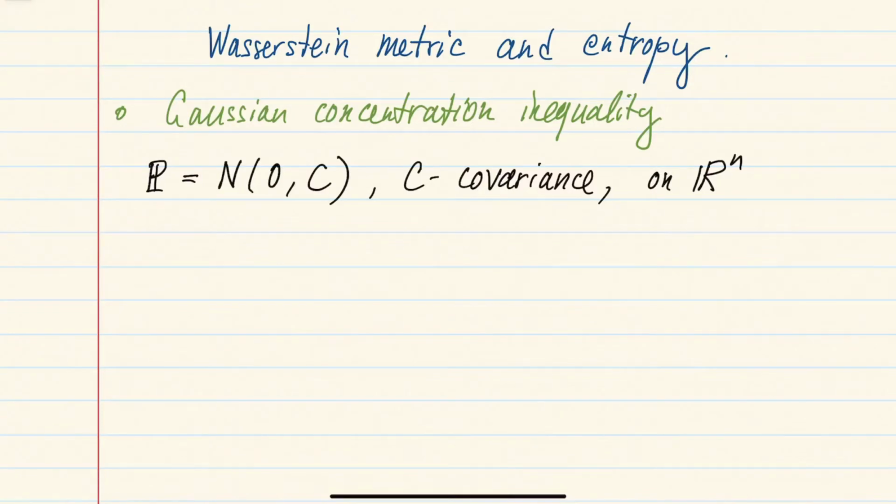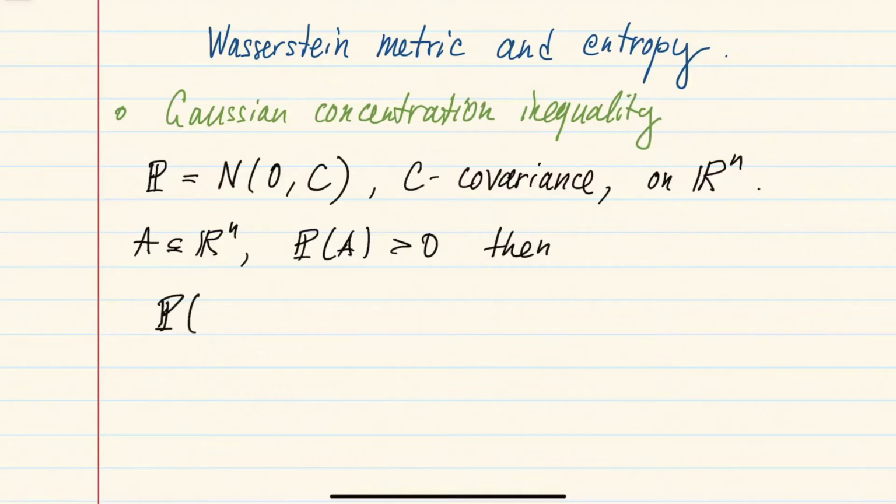Then if you take a measurable set A of positive probability, we have the following result: the probability of all the points x which are at a distance from this set A of at least some positive number t, is bounded by 1 over the probability of A